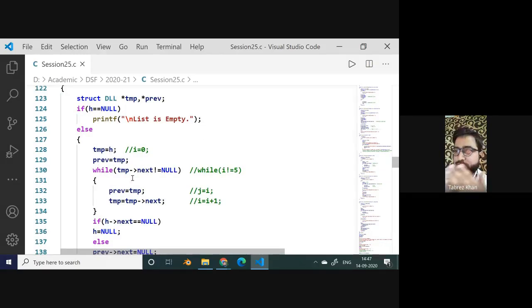The logic would remain the same. You need to reach the last node. In fact, you need not go for this additional pointer prev. If you remember, how did we use the cascading temp of next of prev? Likewise, you can say temp of prev of next, or temp of prev of prev. That way you can directly jump one node ahead or one node before with the help of this additional